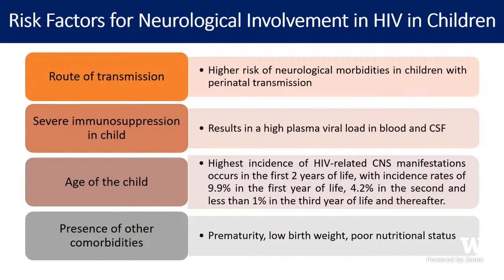The younger the age, the more is the CNS infection. Okay. So highest is in the first year of life, when the rate is almost 9.9. But in the second year, it is 4.2. And in the third year or beyond that, it is only 1%. So in the first 2 years, remember almost 10, then 5, and then 1. Okay. But if the child is born low birth weight, if the child is a preterm baby, or is not having enough feeds, then this chance increases all the more. So the smaller the baby, the risk is much more. Okay.